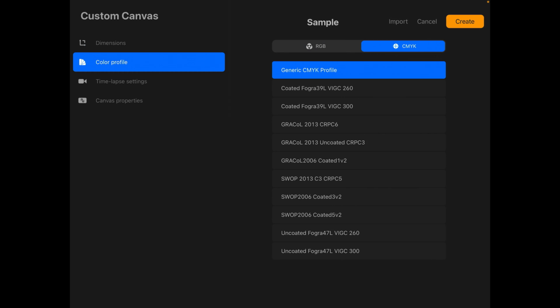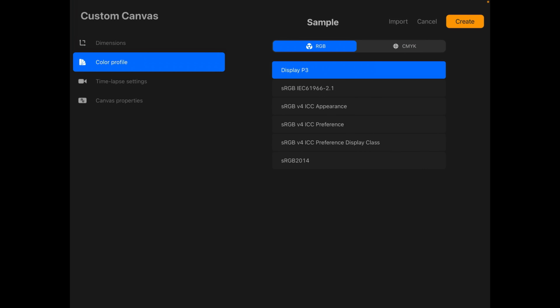Next I'll go to color profile. So here you have a lot of options. I'll just tell you a very easy trick. In case you are making an artwork to display it digitally, on a digital website or a digital gallery, then you will always stick with RGB. You don't need to go around with all these different options. Just stay with Display P3, that's fine, unless you already know how to work all these RGBs. Otherwise just stick with Display P3 if you are doing a digital display.